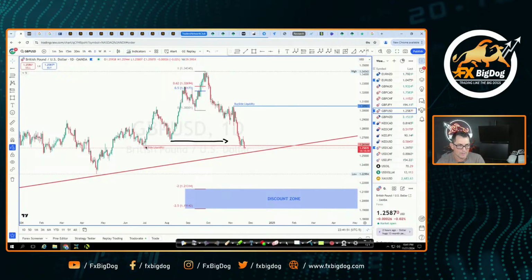sell side liquidity. There's sell side liquidity. Price is already capturing liquidity, which means we're going to see a little bit of retracement. All right. And then a sell off. We've got a lot of order blocks sitting over here. Price might want to tap into that area and then work its way back down. We've got a fair value gap sitting over here. We're going to get the market to rebalance inefficiency, which just means the price can come back up here, tap into the order block, and then head back down south.